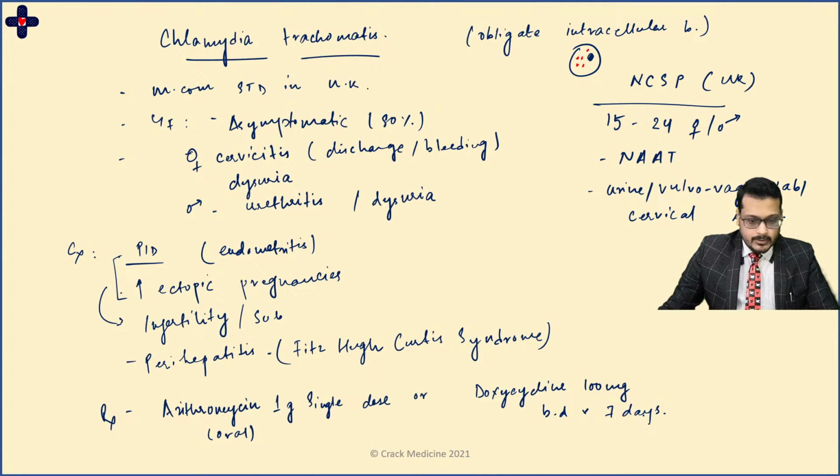You also have to find out about the contact tracing, that is, who were the partners. In case of females, you can trace up to 6 months. In case of males, at least up to 1 month before. Okay, and the ideology is treat and then test. So first you will treat the person and then you will test the contacts if they are positive or not. Now, like Satyam said, doxycycline can also be used.